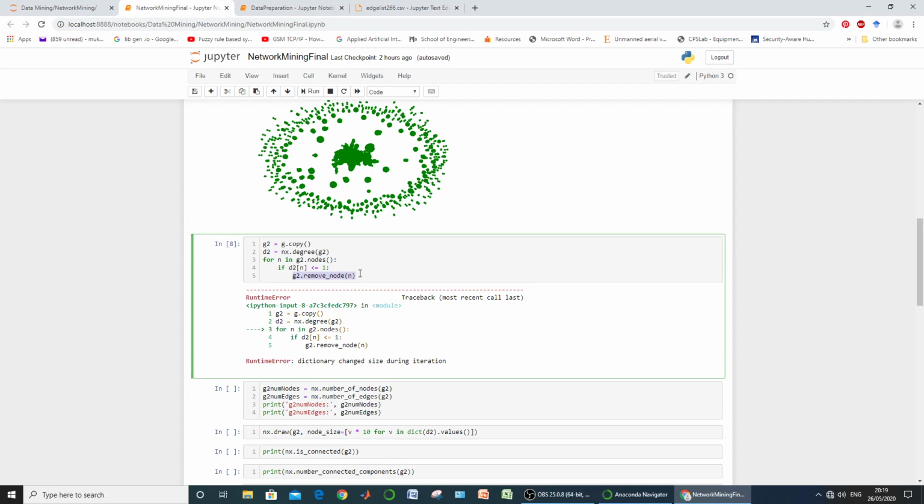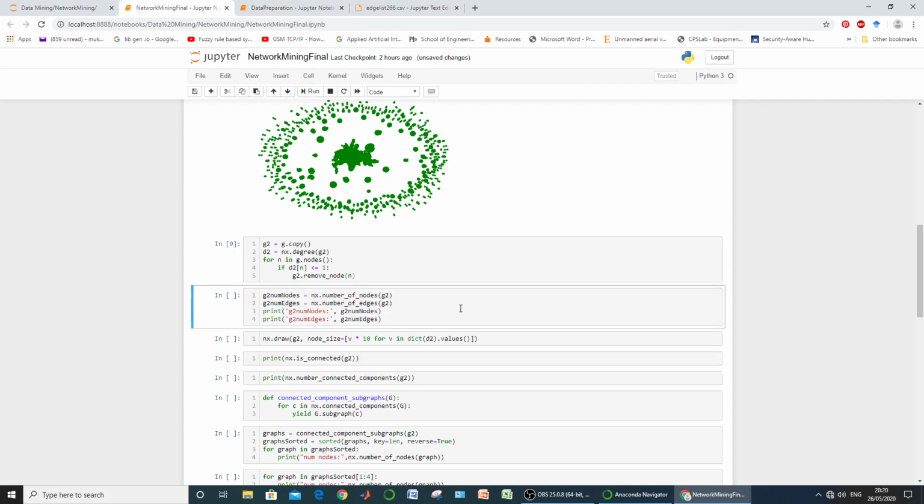So we are iterating over a dictionary itself while modifying its nodes. So instead of it, we'll be taking G, just for tracing, because the number of nodes in G as well as in G2 are the same, since G2 is just a copy of your G. Now execute it. Now it has removed all the vertices which have degree 1 or lesser.